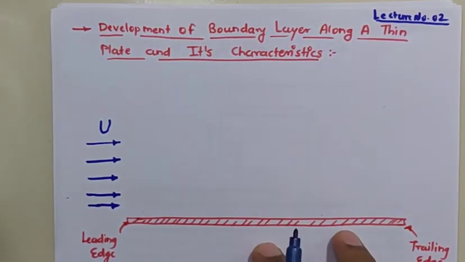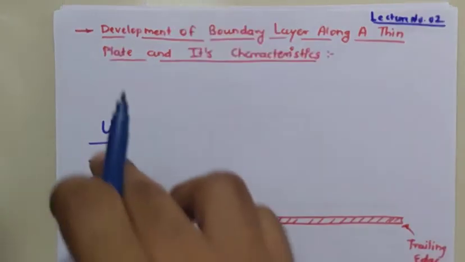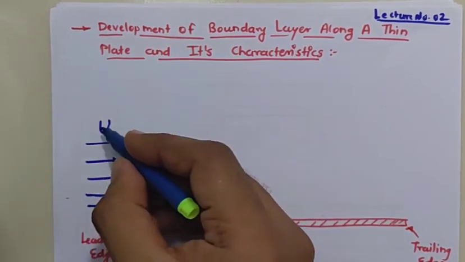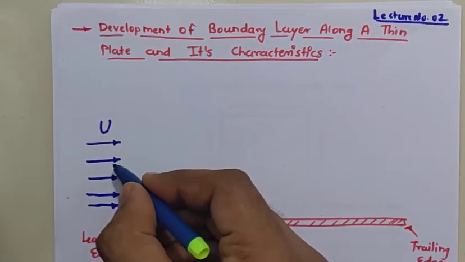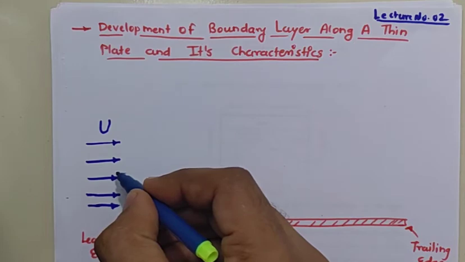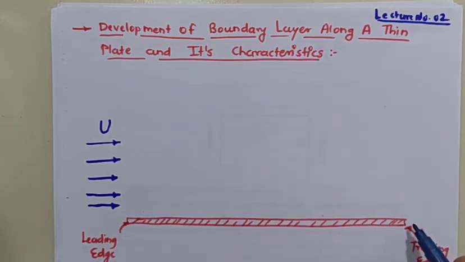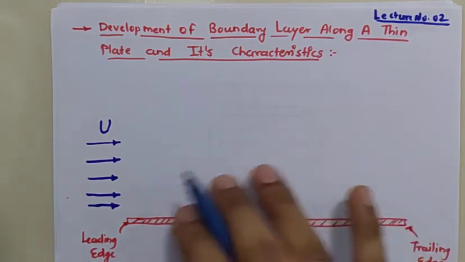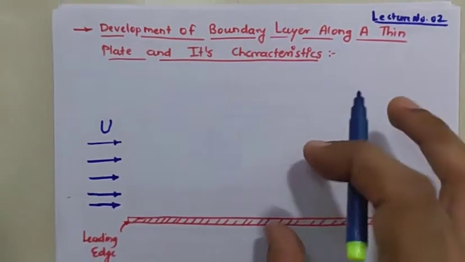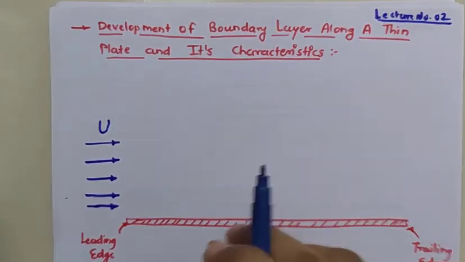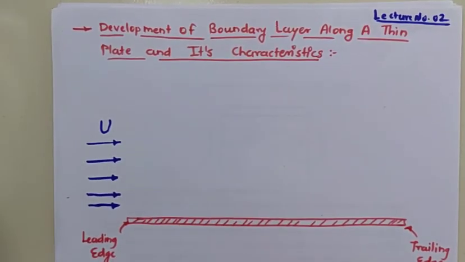Consider a thin, long flat plate held steady in a stream of fluid moving with velocity U, known as free stream velocity or ambient velocity or potential velocity. This is the leading edge of the plate and this one is the trailing edge of the plate. At the leading edge, the thickness of the boundary layer is 0. But on the downstream side, as the fluid goes on retarding more and more, the thickness of the boundary layer goes on increasing. Up to a certain portion of the plate from the leading edge,